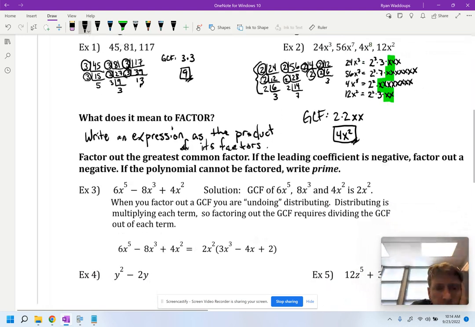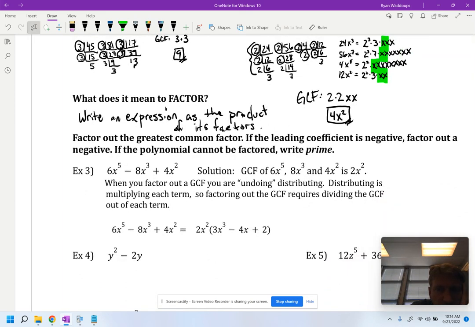Okay, we factor out the greatest common factor. If the leading coefficient is negative, factor out a negative. If the polynomial cannot be factored, write prime. So look at this first one. We've got 6x to the 5th minus 8x cubed plus 4x squared. And then in our solution,